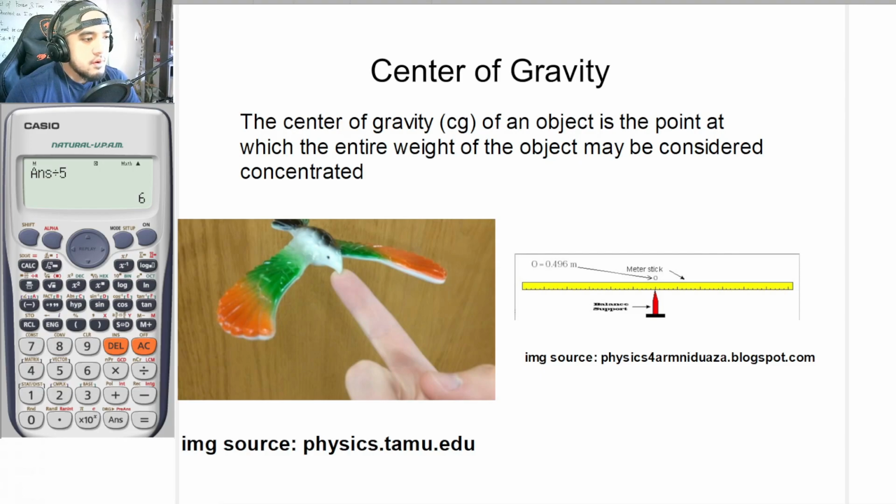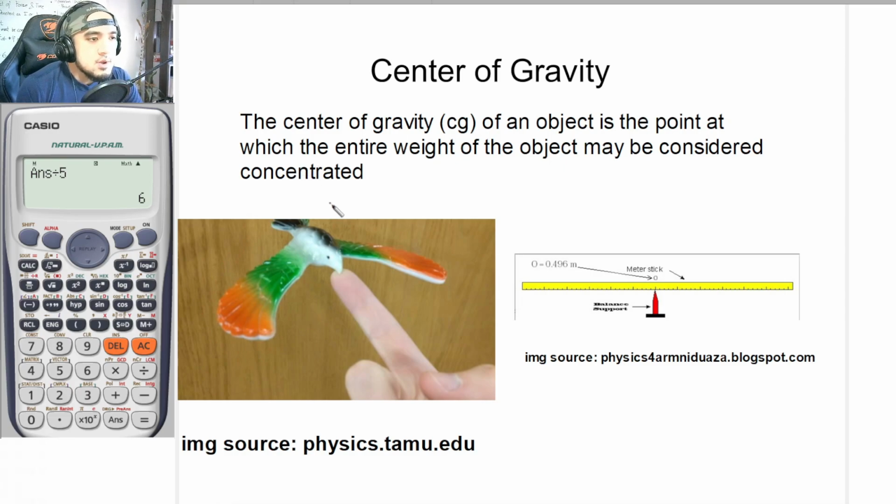Okay, so another important aspect in our topic is the term center of gravity. In solving for torque, center of gravity is one important thing to consider. The center of gravity of an object is the point at which the entire weight of the object may be considered concentrated. So if you have already seen one of this in your lifetime,